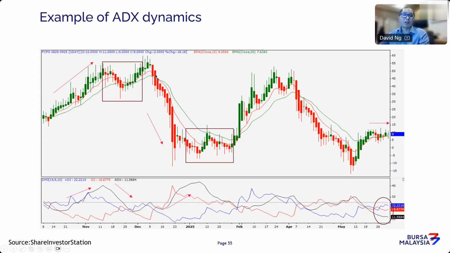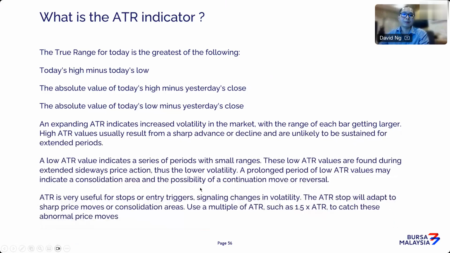Vice versa, if you see a downtrend like this, with very strong bars, and the ADX is rising, it's telling you that this downward momentum is very strong. Now, once ADX starts to become flat, usually the market heads into sideways. So if you are holding a downtrend or short position, you should be careful and should get out of your position once the downward strength is losing its momentum.